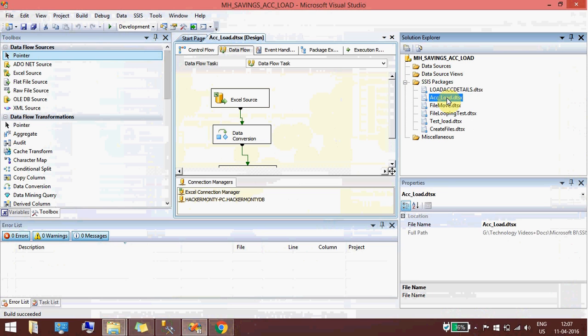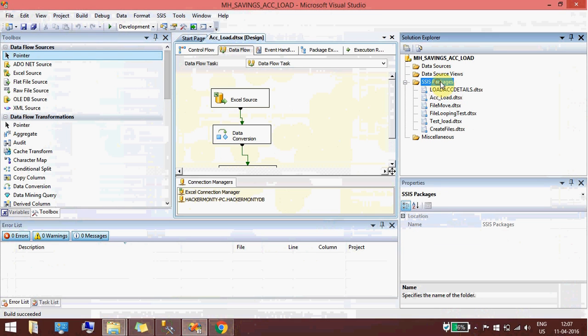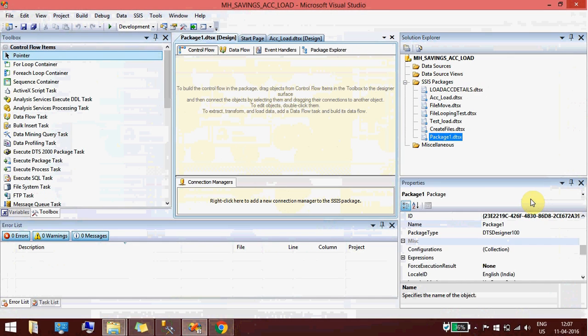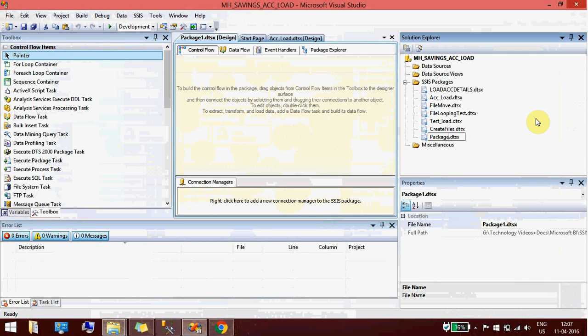Anyway, I have developed one job here that is similar to this, but I'll start from scratch so that you can understand what exactly I am doing. Just create a package, give it a relevant name, multiple Excel, I'll give account load, ICICI load